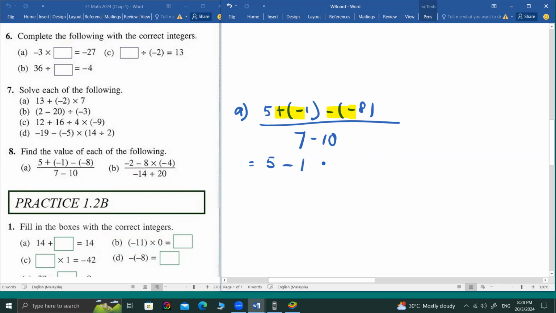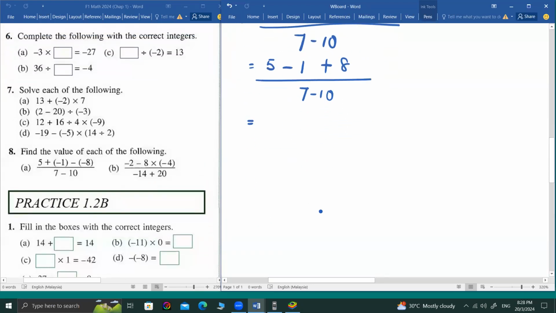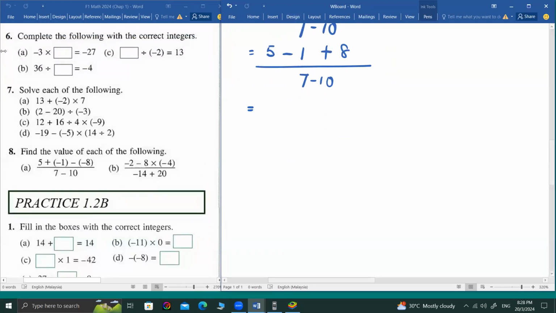-1 plus 8. Then 7 minus 10, right? Okay, so you can follow to do like what I mentioned already. Means you can find this first, step by step. Find this first, plus 8, and find this one. 明白了没有？一步一步来，不要 shortcut 先啊。Then solve this one, solve this one, per this one, then only get the final answer. Got it what I mean?